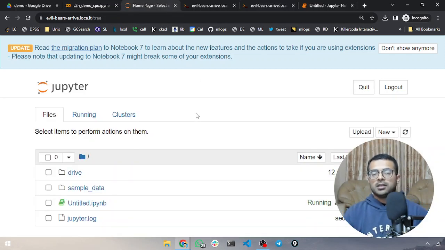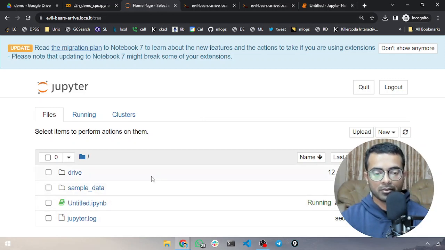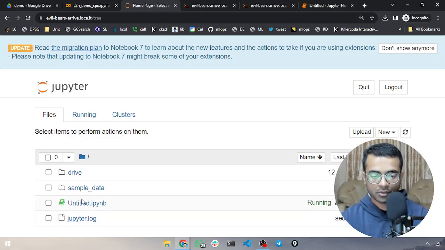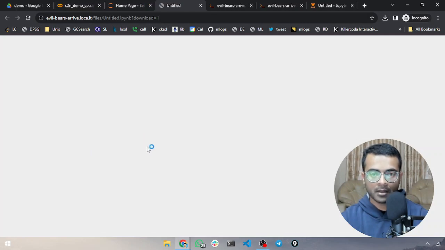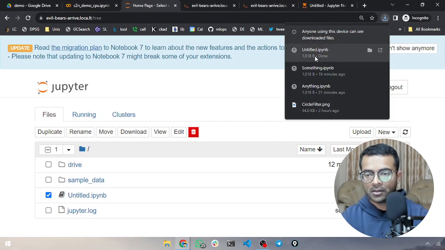Now let's say, Ali, I want to download this notebook. Is it possible that I can download it? Of course it is possible. For example, if you want to download this notebook, you have to come here, click on this checkbox, and in order to download from the Jupyter Notebook UI, you have to shut down this notebook. So click on Shutdown and this notebook will stop, and then when you click on the checkbox, you can click on Download in order to download the file. It is asking me to save this file, and here's the downloaded file,